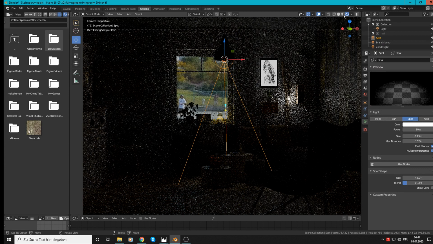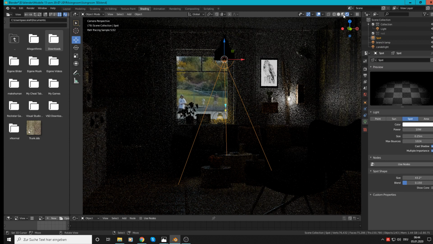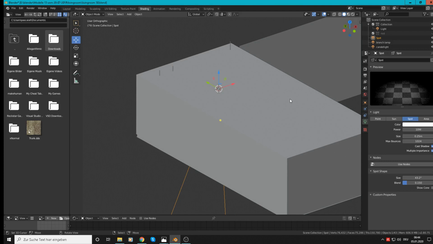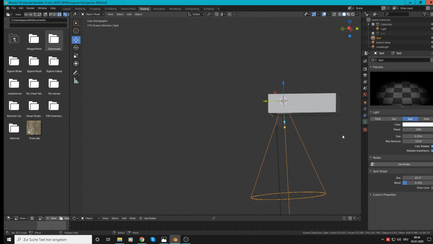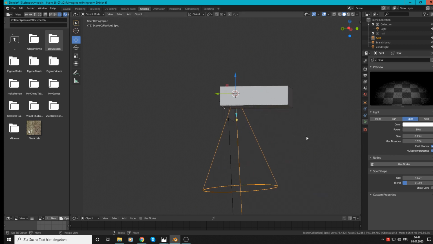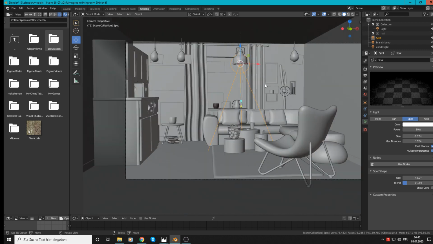Moment, I must first see, is it the correct position? Position is good. How far that should be is a little bit very white, right, white, but we will fix that later. Show cone is a good one, but okay, we go back in our view, so numpad 0,